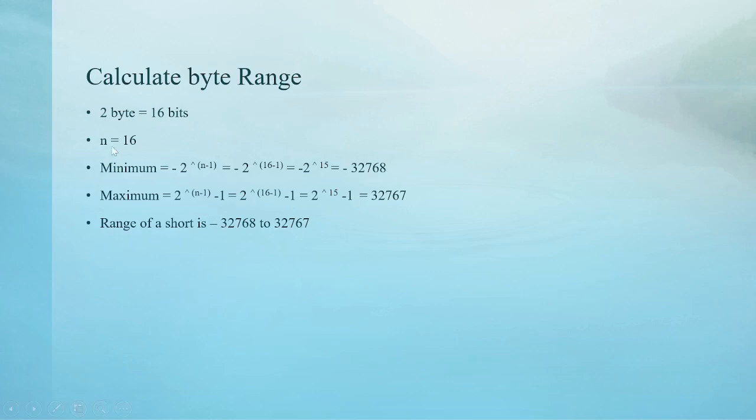The short data type occupies 2 bytes of memory, which is equal to 16 bits, so n will be 16. The minimum is minus 2 raised to 16 minus 1, that is 2 raised to 15, minus 32,768, and the maximum is 2 raised to n minus 1, minus 1, 2 raised to 15 minus 1, that is